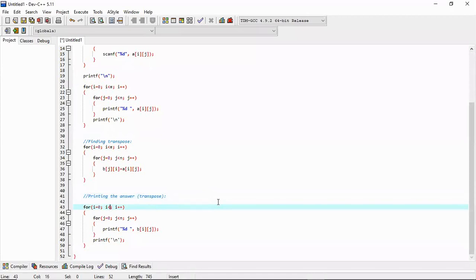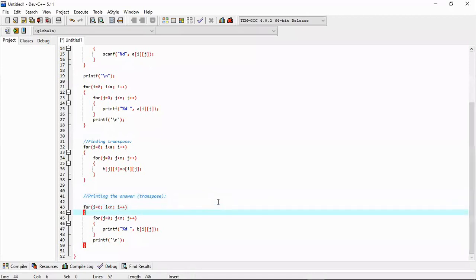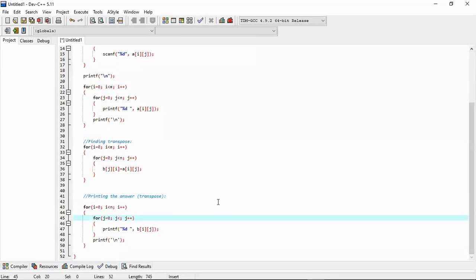Now the number of rows will be n in the transpose, but the number of columns will be m. In A, it was the opposite. Here it will be like this now, because this is a transpose. And now we are done. This should be the answer. The transpose should be this.